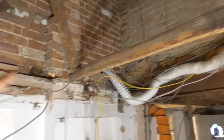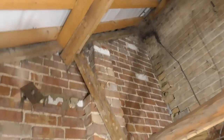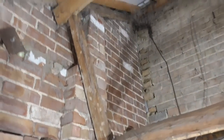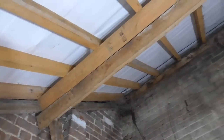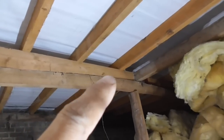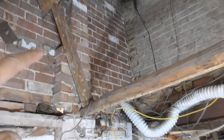We've got this ceiling binder coming through here. That'll obviously be tying into that wall. We've got this post that goes up to this purlin. As you can see here, this original purlin, look, is not actually in the brickwork. It's just on that post there. So it's been re-roofed at some point, so there's some new timber in there. Look, it's sort of been chopped out that end down and scribed almost to that purlin. But obviously we can't take out this beam here, because then there'd be nothing to support that post,